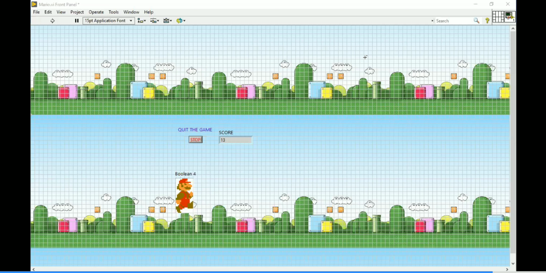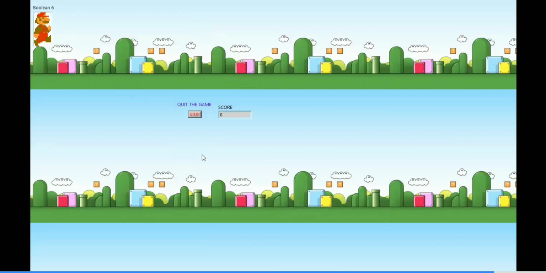Okay, now you can take my screen. Jebnit, run the VI and then use your mouse. The VI is only going to use the mouse, not the keyboard. Run it and then use your mouse to catch the Mario. Catching means you will get a score. If you are not using the mouse for 1 or 2 seconds, the program will terminate automatically, because the program is designed in such a manner.